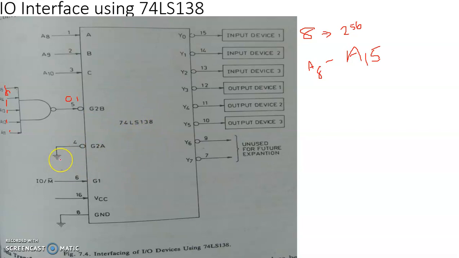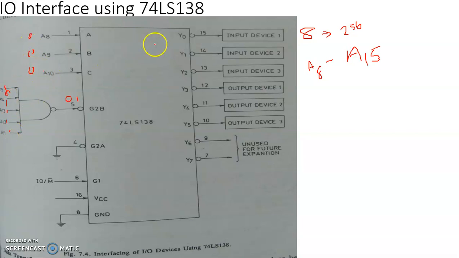Already you have grounded G2A, and VCC and ground are given. Now suppose this status is 0, 0, 0. These 3 different pins are sufficient to decode the 8 different input or output devices interfaced with the microprocessor through this decoder. When these status are 0, 0, 0, keep in mind all the remaining pins must be high.